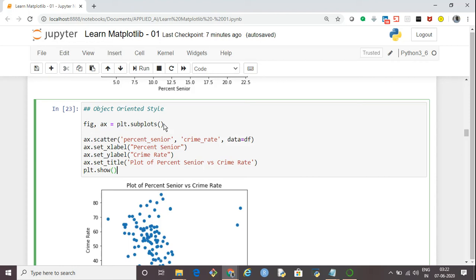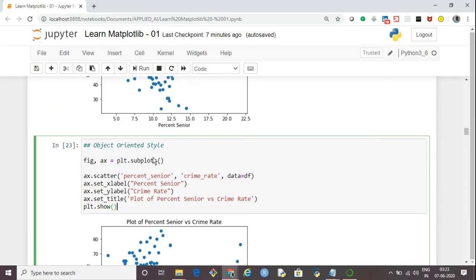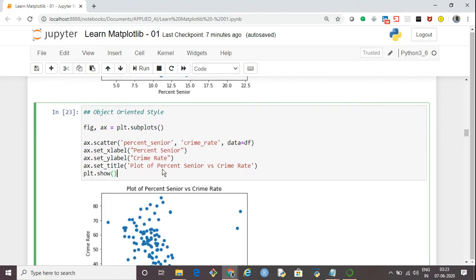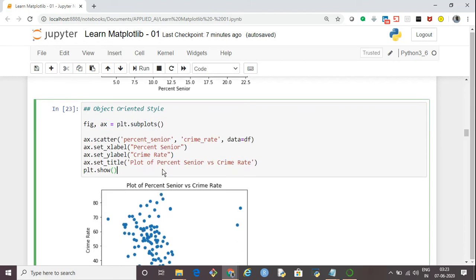And then everything we have to specify using the axes. The difference between the MATLAB style and the object-oriented style is that in MATLAB style, Python identifies itself the default axis on which to do the plotting, whereas in the object-oriented style, we have to specifically specify the axis on which we have to do the plotting.